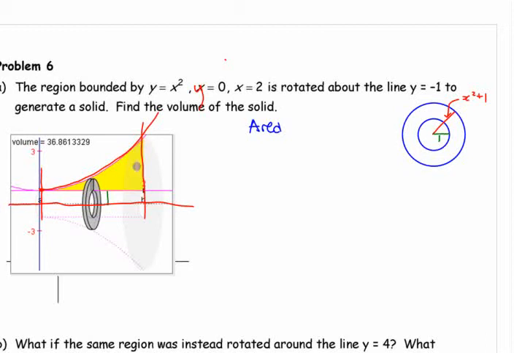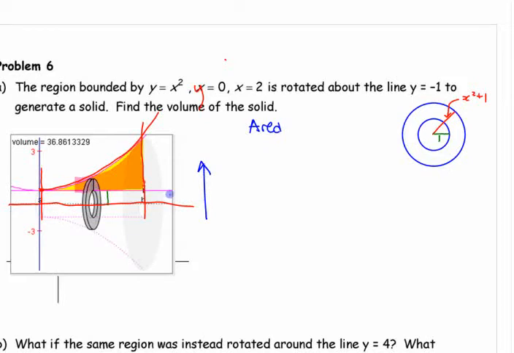and rotating it around, you can look at it either as the way it is. I think it's best just to draw the picture of the cross-sectional area and then try and figure out what the two radii are, right? The outside radii, whether you move everything up by one to make the axis the x-axis, which you can do,